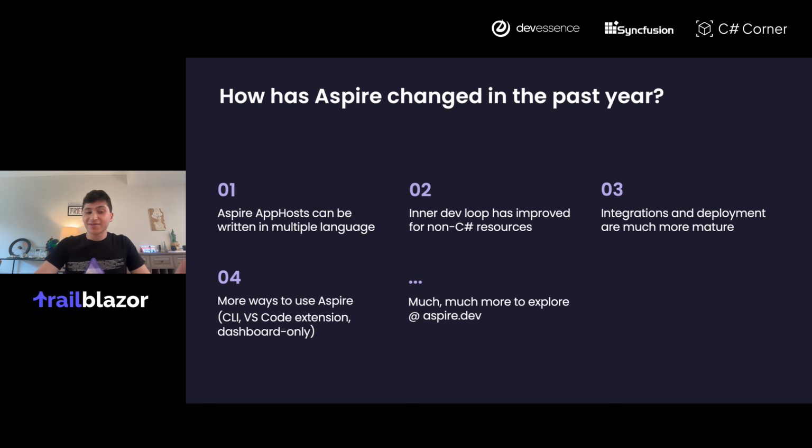There are more ways to use Aspire. There's a CLI, as I keep mentioning. We have VS Code extensions. You can run through Visual Studio, as most people attending probably are. And you can also just run the Aspire dashboard. We have it bundled in the CLI so that you can take advantage of just the OTel part of Aspire, because Aspire might be a collection of dev tools. It is a coherent product,